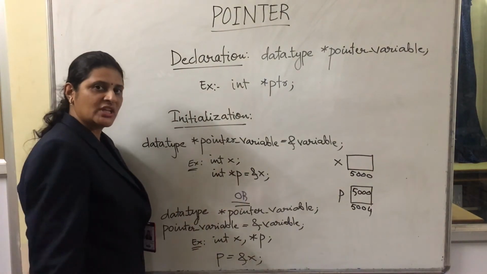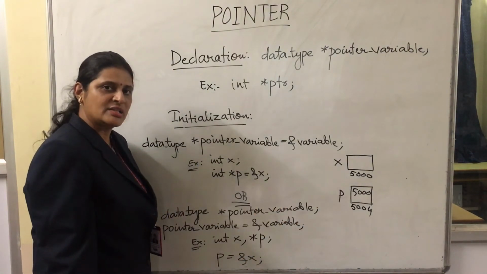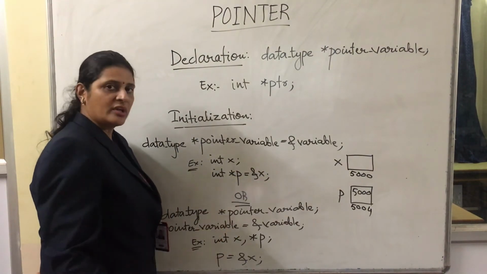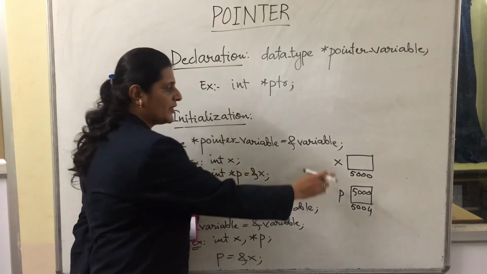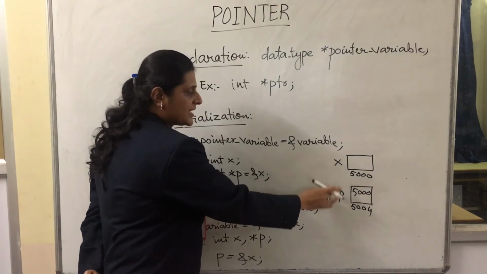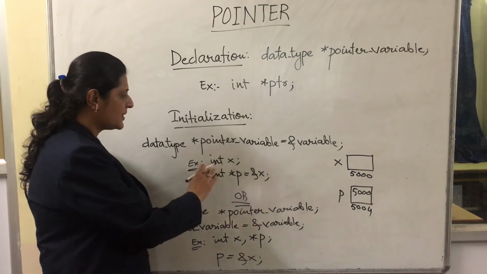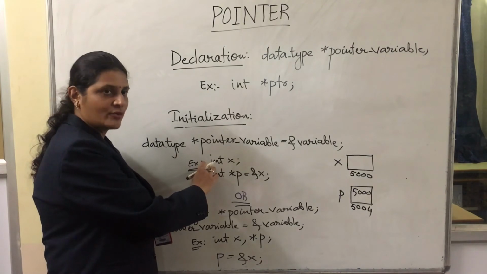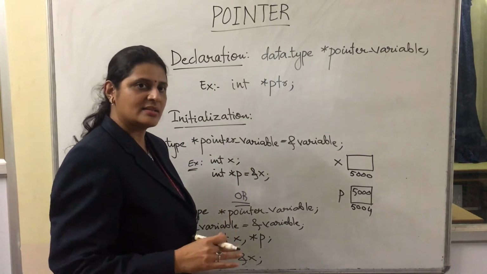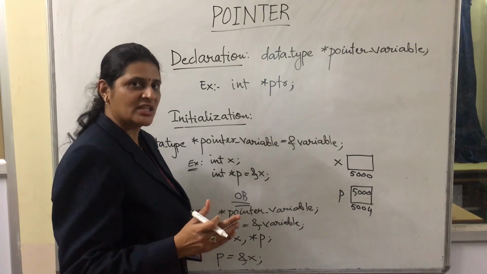This is how we initialize, and once you declare and initialize, inside the memory the space is allocated for the normal variable as well as the pointer variable. One important point we need to remember here is, now we have declared x and are storing the address of x into p, so the data type of x and the pointer should be the same. They should not be mismatching. For example, if I declare x as float and p as int and try to assign the address of x to p, it causes an error in the program. That's why the data types should match.